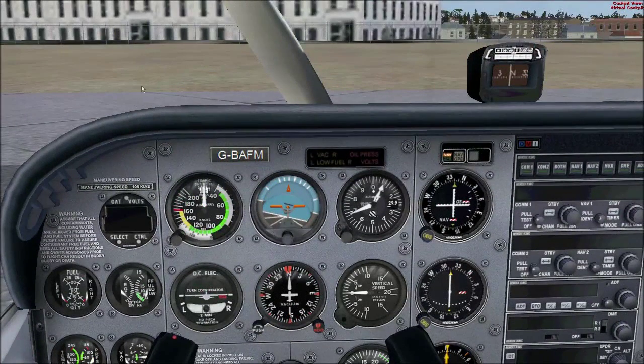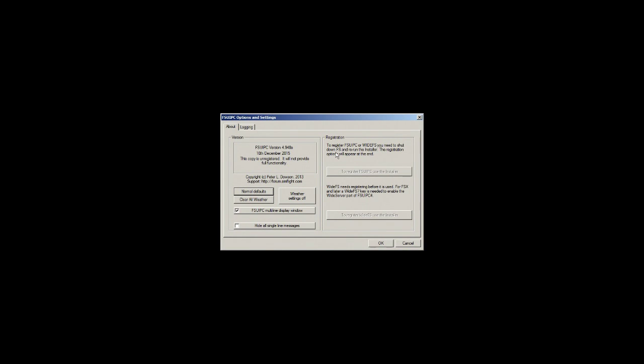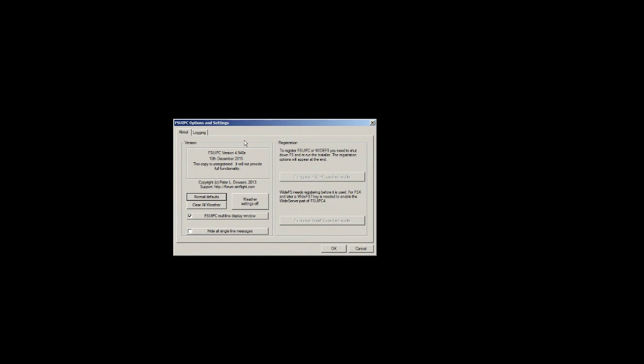Now if I bring up the menu, you've got a menu there called add-ons, and you'll see FSUIPC. This is what it is. So it tells you all about it there. We need to register it actually to get the full settings. So I didn't actually realise that. I thought it would actually give us the other tabs, at least to show them to start with, but it doesn't. The only way I'm going to get the other tabs is to actually put in my registration details or the license file. So what I'm going to do, let me just cancel out of that a minute